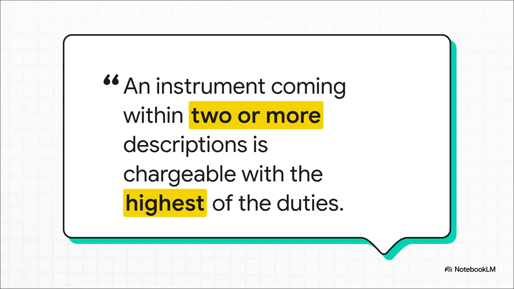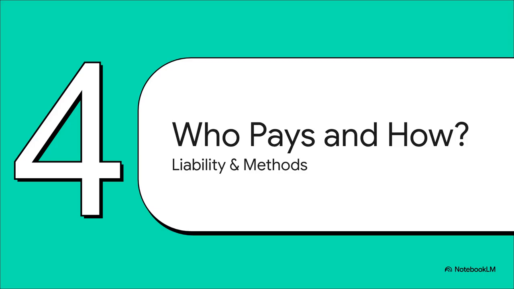Well, Section 6 has a very simple rule for that. You pay the highest one. The law is written to protect government revenues, so when in doubt, the government gets the bigger cut. We know what's taxed and how it's calculated, so the next logical questions are, who actually has to pay for